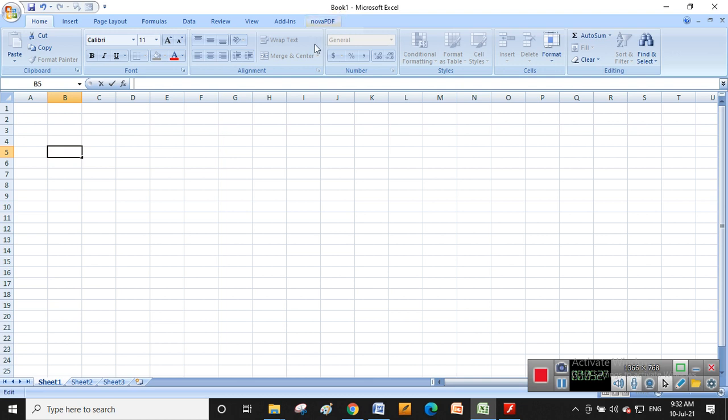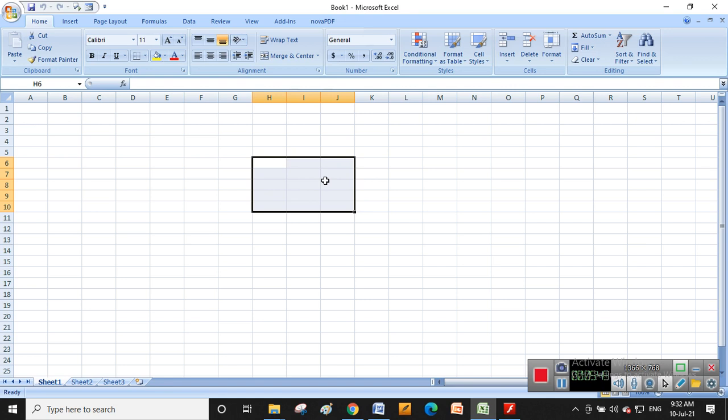Next, range of the cells. By selecting a group of cells, you get a range of the cells. What is the range of the cells right now? It is from H6 to J10. So this is about the range of the cells.